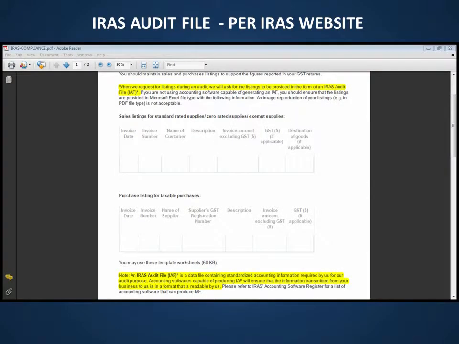Now for the purchases listings, you need the supplier's invoice number as well as name of supplier, supplier's GST registration number, invoice amount excluding GST, and the GST amount. So you can see that for you to extract all this information for every single transaction pertaining to your sales and purchases will be tedious and costly if you do not have an IRAS compliant system that can generate this